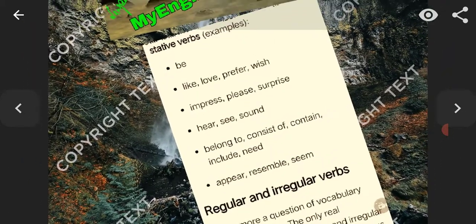Now, stative verbs: be, like, love, prefer, wish, impress, please, surprise, hear, see, sound, belong to, consist of, contain, include, need, appear, resemble, seem. Stative verbs are those verbs